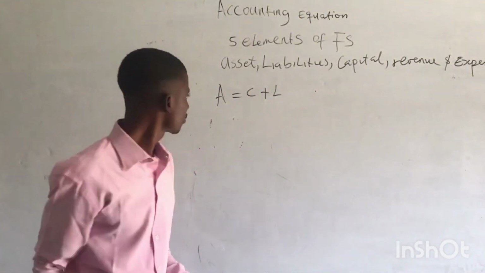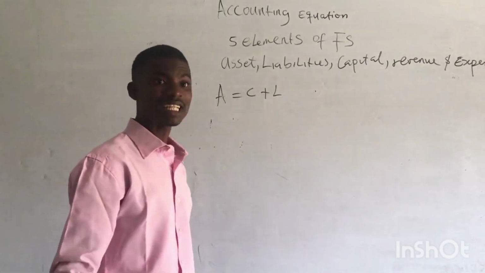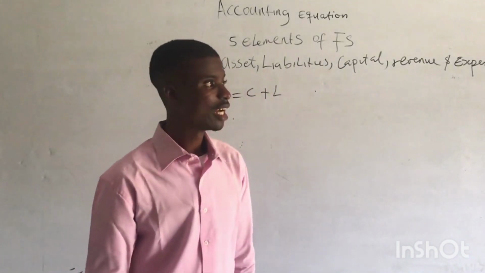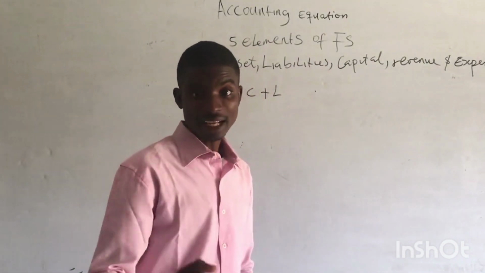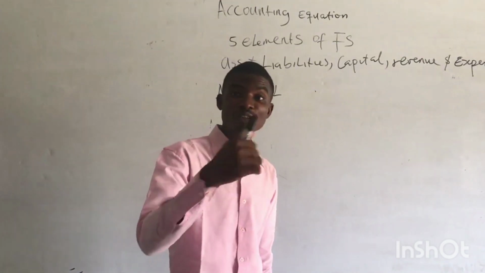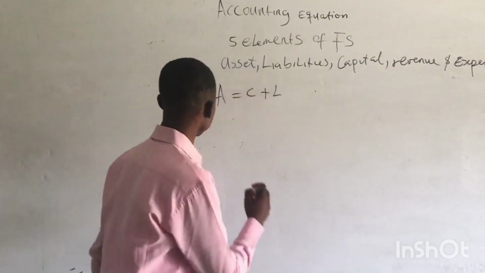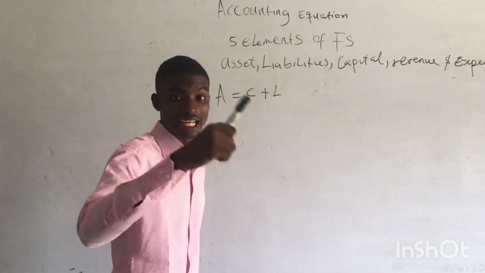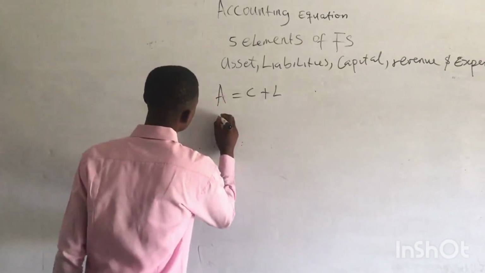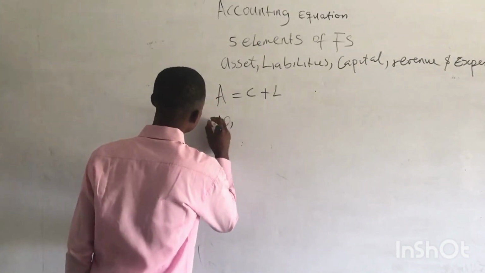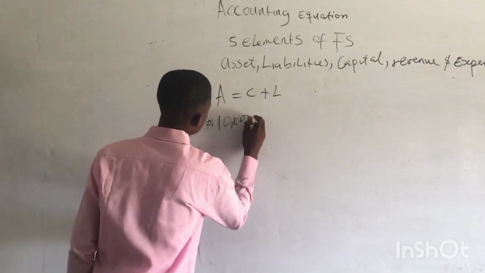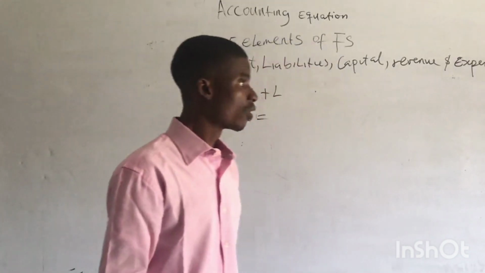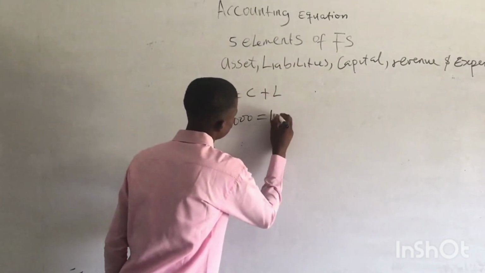For instance, if you are starting a business, and assuming you have 10,000 naira, and you went to your supplier, and your supplier tells you that the value of the goods you want to purchase is 10,000 naira, assuming you have the cash at hand, which is an asset, of 10,000 naira, and the value of goods you want to purchase for your business is also 10,000 naira,